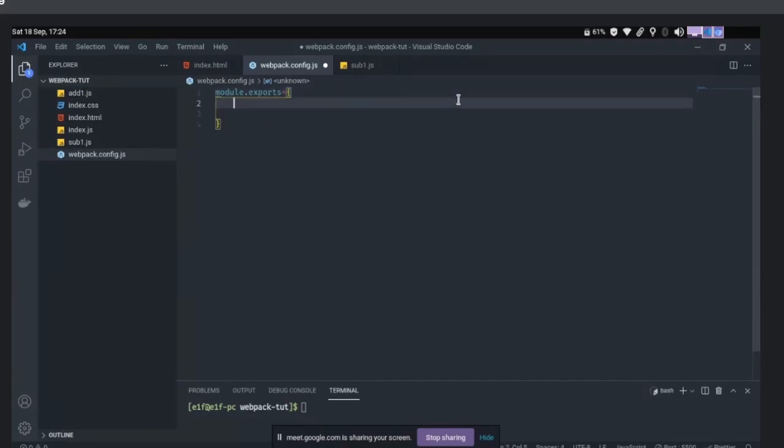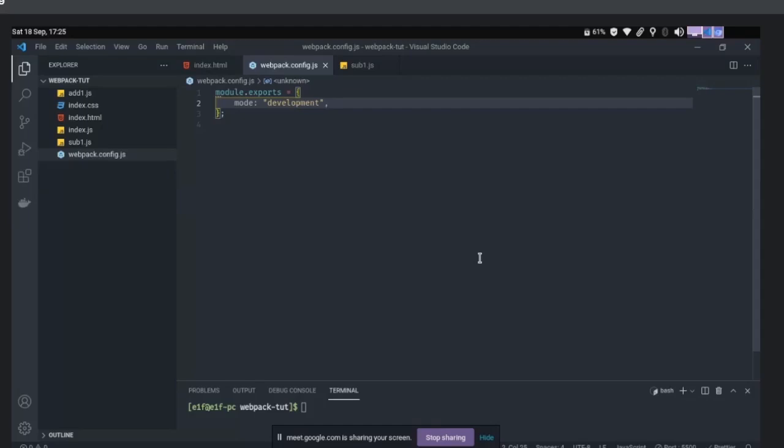First of all, we'll add the mode setting. The mode setting basically tells Webpack to include certain features such as creating source maps, and also for bundles